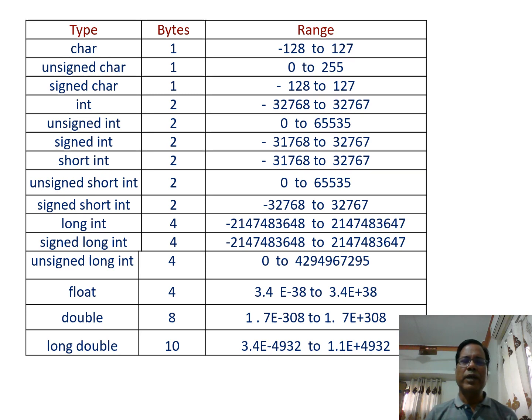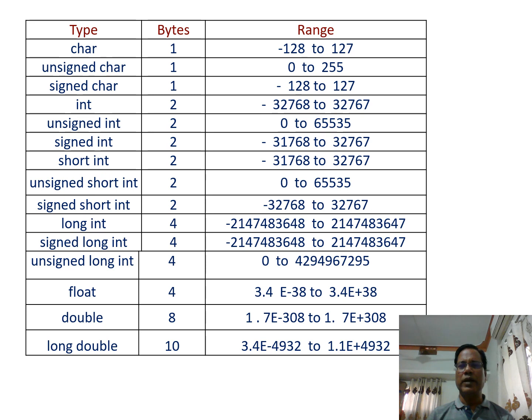So char may use a type specifier like unsigned char. If it is unsigned char, it needs one memory location and its range is from 0 to 255. And for a signed char variable, 1 byte of memory is needed and the range of the data is from -128 to 127. In a similar way, if the data type is integer, it needs 2 bytes of memory to store the data, and